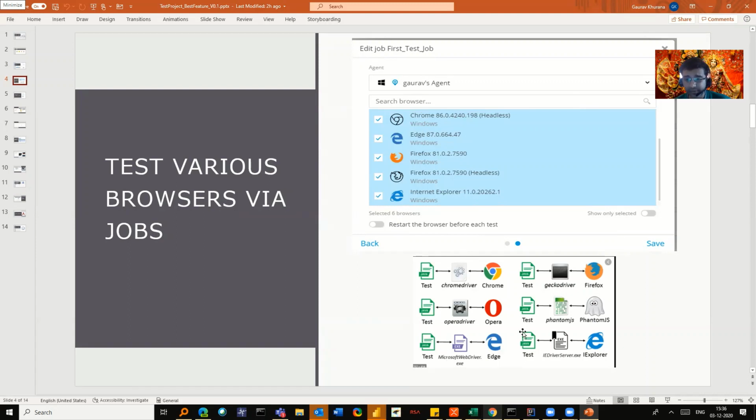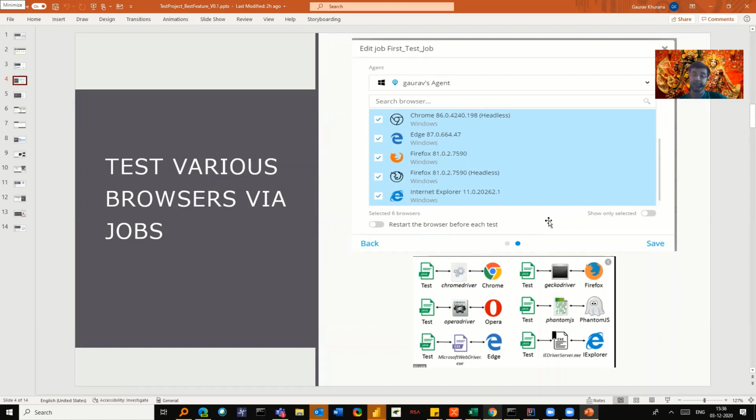If you remember, earlier we need not specify the Gecko driver when we were running scripts in Selenium. But with the introduction of that, people had to learn new syntax like System.setProperty, and they had to download the Gecko driver even for Firefox. For Chrome, earlier we were also downloading it. My point is, whenever a simple change comes, everybody has to learn that and accommodate it. And for testing on these various browsers, you have to download the drivers in your system. So if I want to test these six browsers, I should have these six executables in my system.